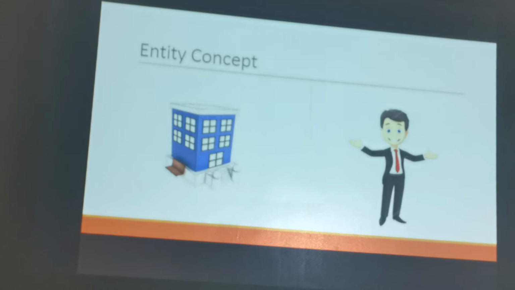Number one, entity concept. If you see in my illustration, you have there the business or the building which represents the business, and on the other side you have the businessman. Ano sinasabi ng entity concept na to? Sinasabi dito na yung business ay hindi the same as the owners. So business is different and distinct from the owners. That's why we have a separate capital account in our financial statements for the investment of the businessman